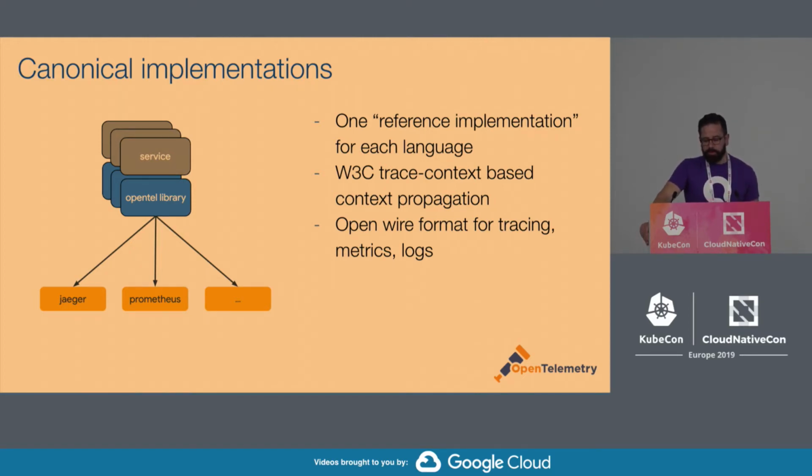There is an open wire format for tracing. There's no standard for that yet, but we're going to be using an open wire format that others can adopt for tracing, metrics and logs. And also, the implementation is completely vendor neutral. By default, the client libraries will support exporters for popular open source backends like Jaeger and Zipkin for traces, and Prometheus for metrics. But obviously, anybody can contribute any exporter they want for an open source or a proprietary backend.